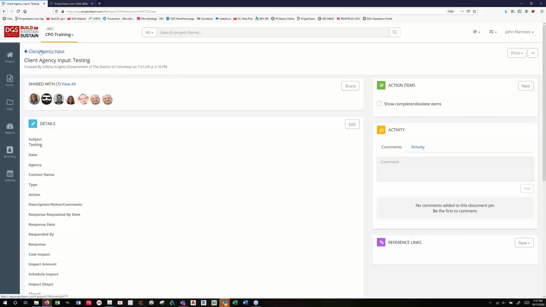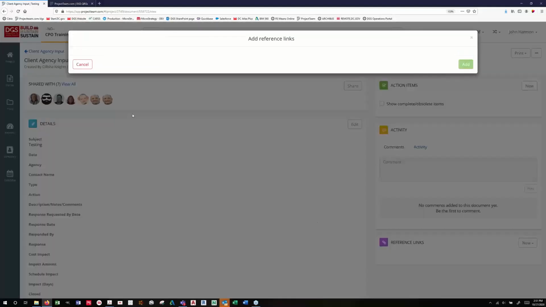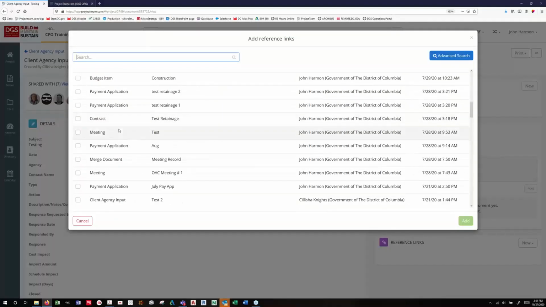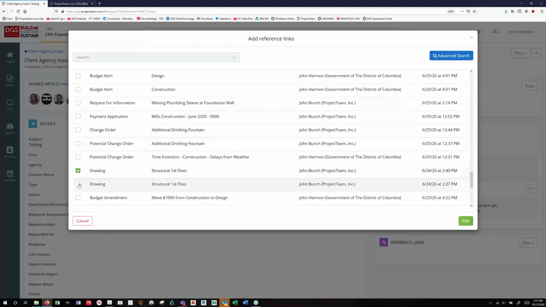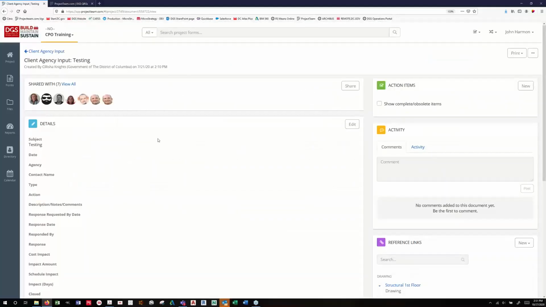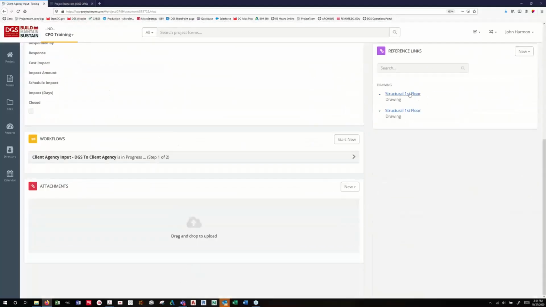If this client agency input is your PM asking you to review a set of drawings, they should come in here and add existing reference link, and they can reference, I think our drawings, yeah, they can reference right to those drawings. And then when you're in here reading the request, you'll be able to click right on those drawings and go back and forth. Same thing when you send a request over to DGS, you can say,